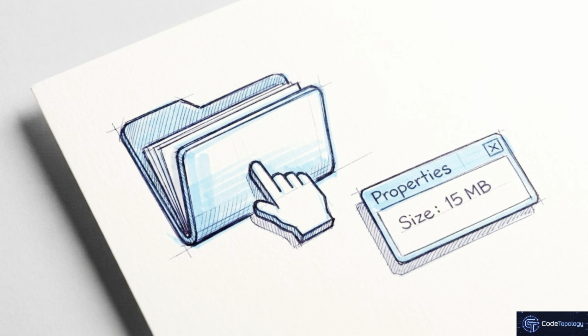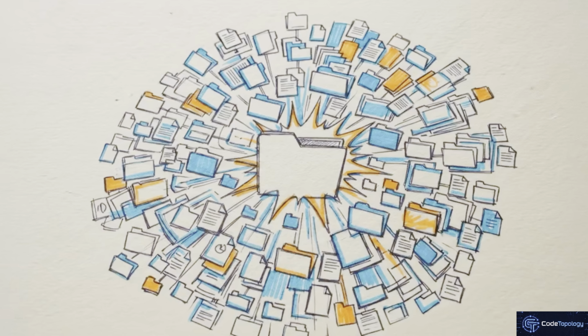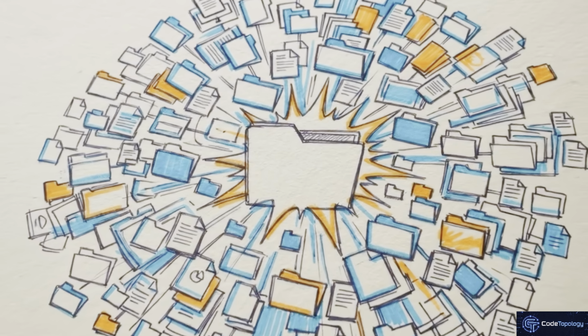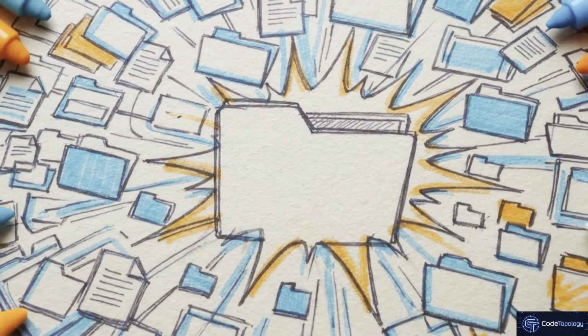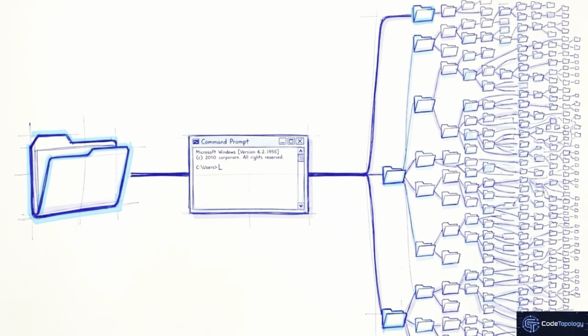Think about the last time you organized your desktop. You click a single file, ask for its properties, and see its size. You click a folder containing thousands of nested files, ask for its properties, and it does the exact same thing. You expect this behavior. But under the hood, treating a single item and a massive cluster identically takes a specific